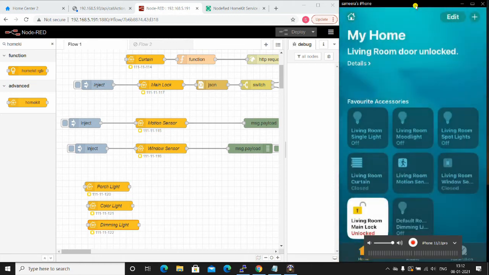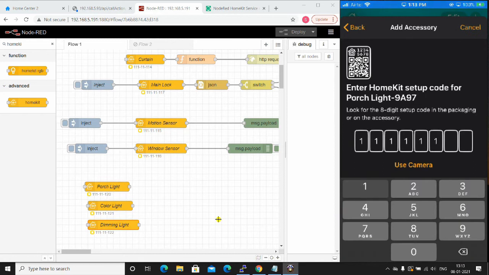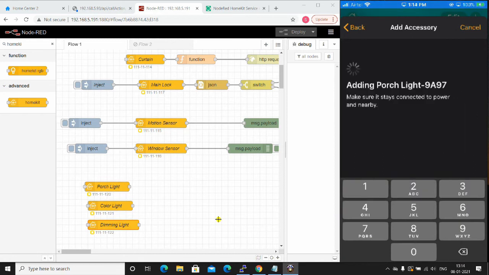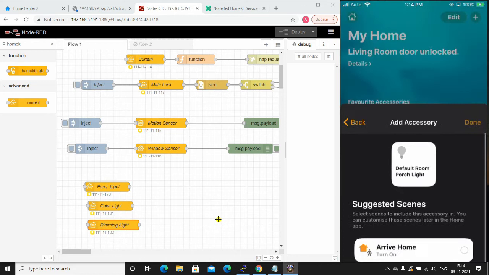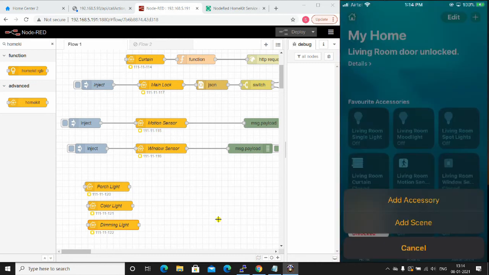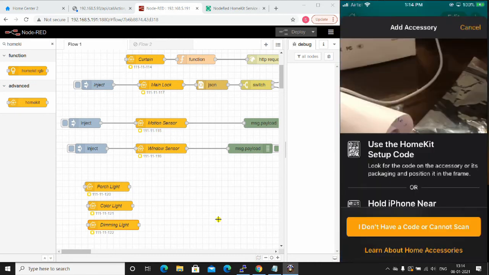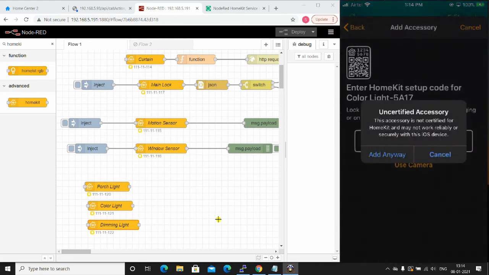Next is a porch light. Yes. Done. The third one is the color light, RGB.